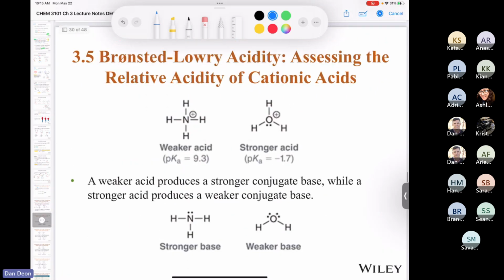And you can see that manifest in their pKa's. We see that the ammonium ion has a pKa of 9.3, and the pKa of hydronium is negative 1.7. Again, oxygen, more electronegative, therefore not as good at stabilizing